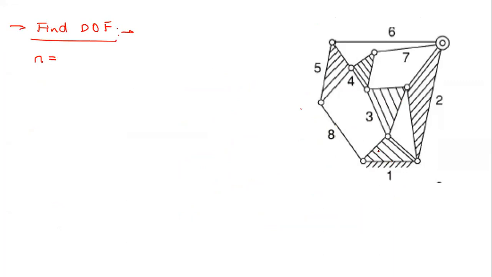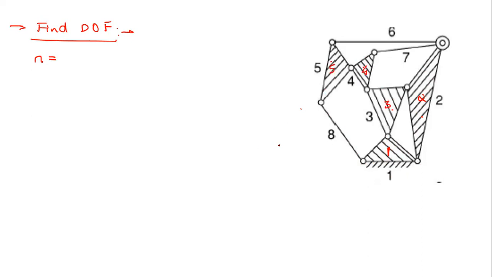You can see here, this is your ternary link. All these are ternary links. This one, this one, this one, this one, and the remaining ones are binary links. You will be counting each ternary link as one link. So 1, then 2. The number of links are already mentioned, you can easily count. So 1, 2, then 3, then this is 4, and this is 5.